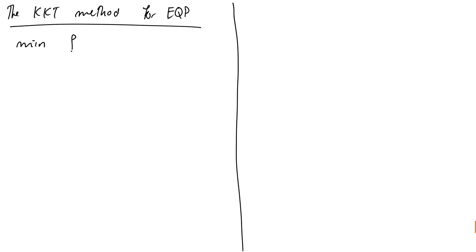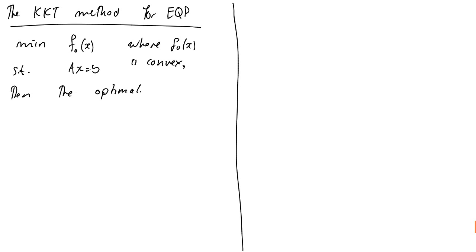Okay, so if we've got an optimization problem, minimize f naught of x subject to Ax equals b, where f naught of x is convex, then the optimality conditions, these are conditions that will give us an optimum, are given